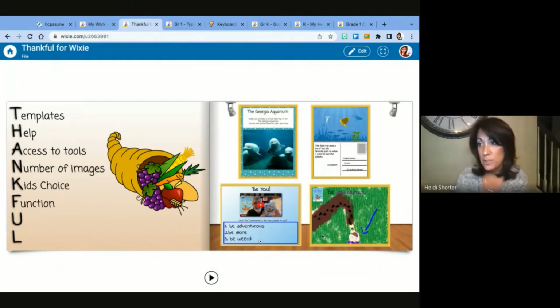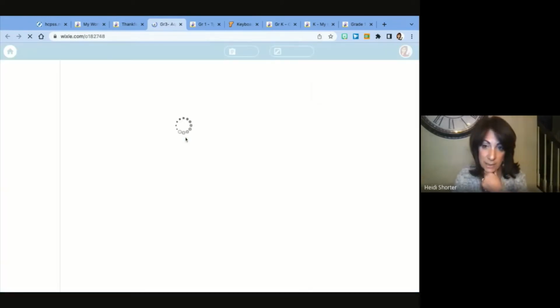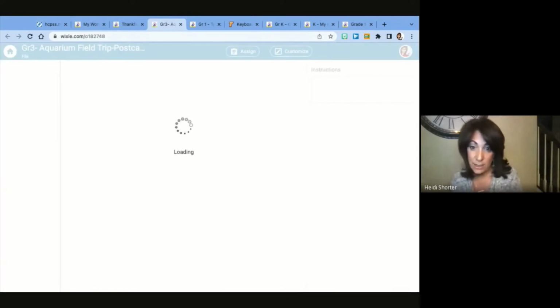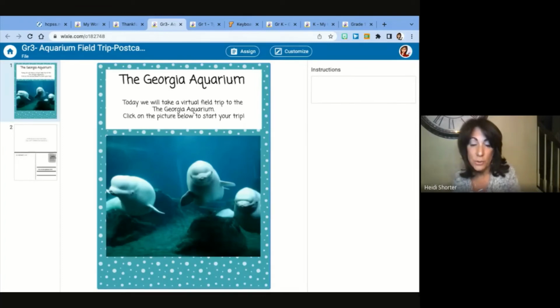This top one where it says Georgia Aquarium was a third grade subplan, and literally in your subplans you can tell the sub, put the kids in Wixie, you assign it in Wixie, and they can see what's there. I don't have a video of me on these, but I also do that with my littles. The kids log in, go to Wixie, their assignment pops up, they open it, and there's a video from me explaining what they need to do. So even though I'm not there, they still see me, they still hear my voice, and they still know what to do. It's easy to do with the video button in Wixie.